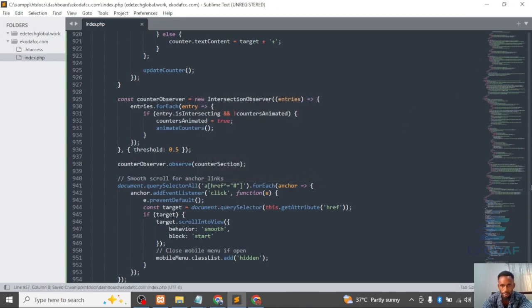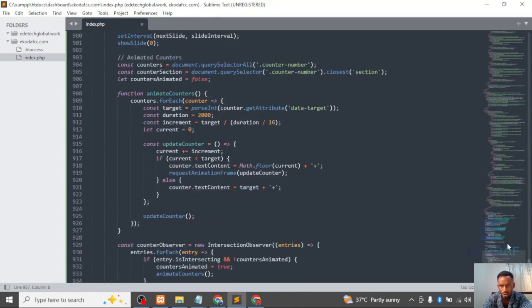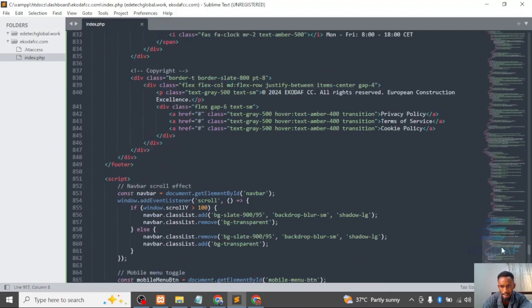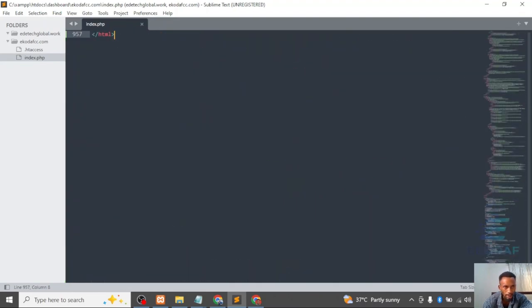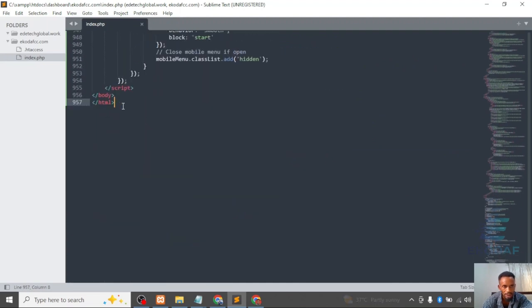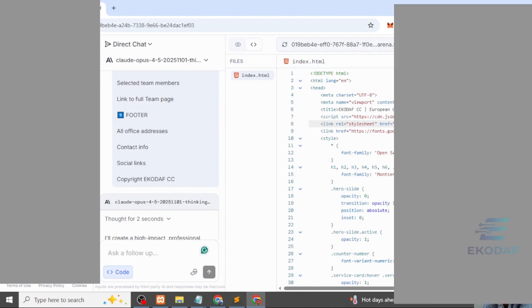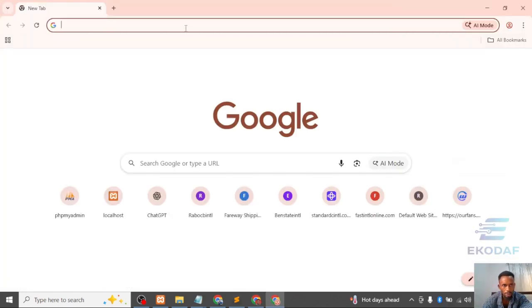I have pasted it. So you can see the tons of code the AI has generated for us in minutes. How many? This is about 959. It's now 957 lines of code. All right, so I've saved it. So the next thing I do is to preview. So how do I preview? I will come to